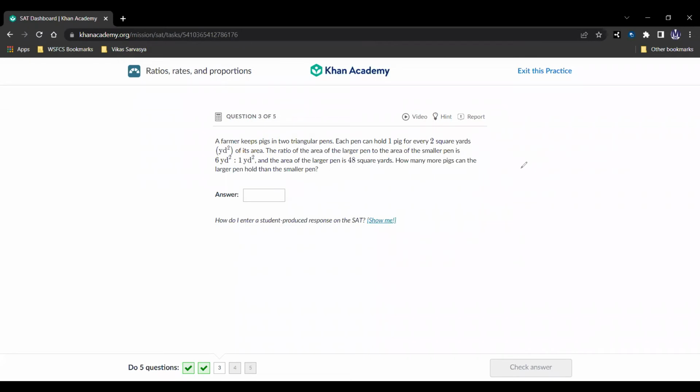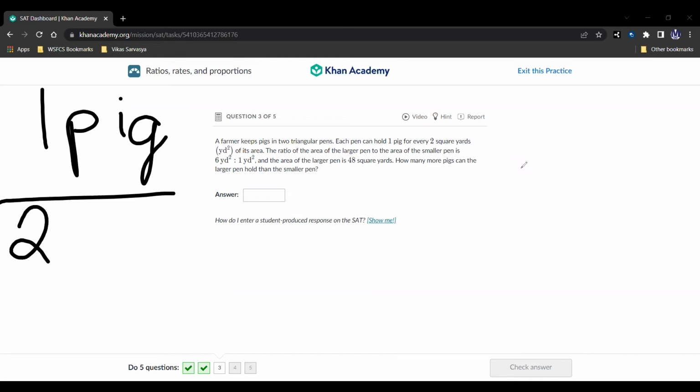A farmer keeps pigs in 2 triangular pens. Each pen can hold 1 pig for every 2 square yards. Let's write that down. 1 pig per 2 square yards of its area. The ratio of the area of the larger pen to the area of the smaller pen is